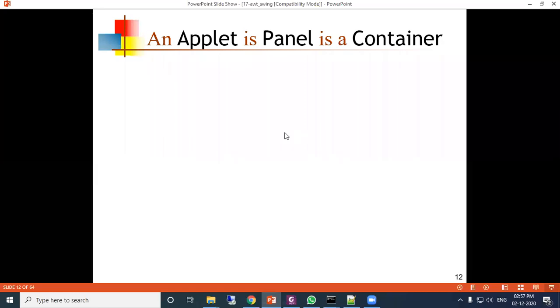An applet is a panel, and a panel is a container. We have seen the applet program. The applet is also called a panel, and panel is a container.